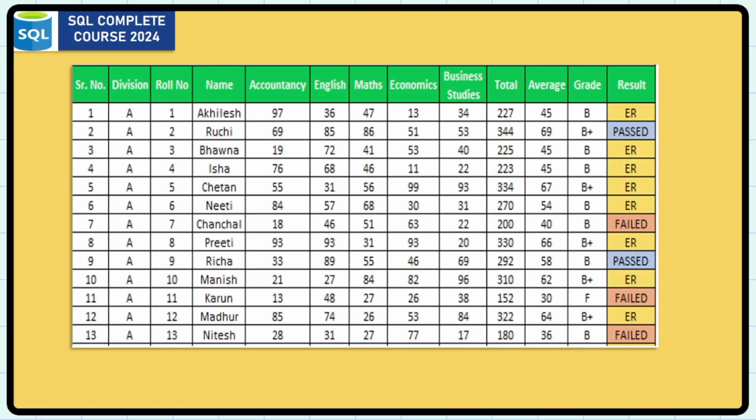Now let's see, there is a database of student marks, right? Every university or college has their attendance system, their marks system and their grade system. And let's say a university has 50,000 students, right? So it is very difficult to keep track of the records of 50,000 students on pen and paper, right? So that's why we need a very constructive and structured database so that we can track all of our data.